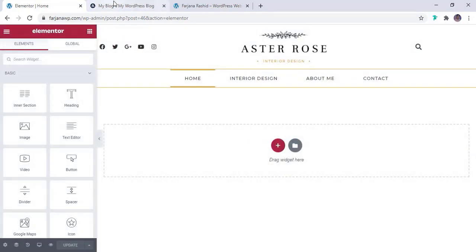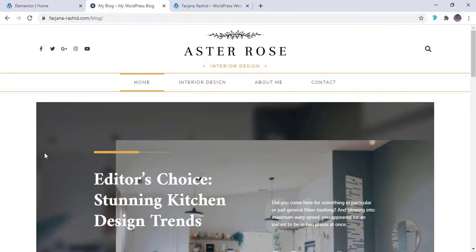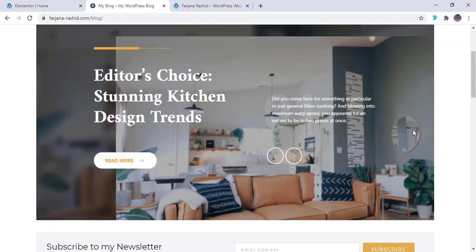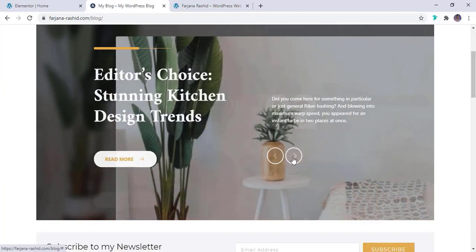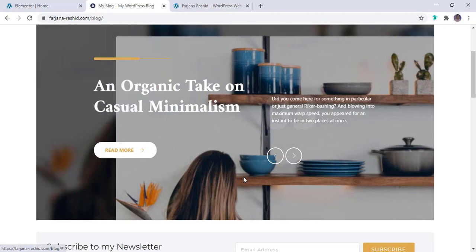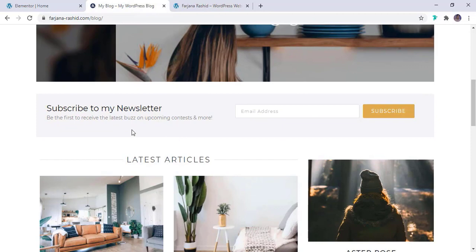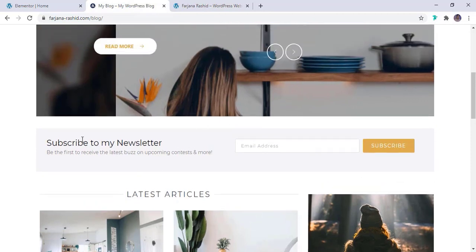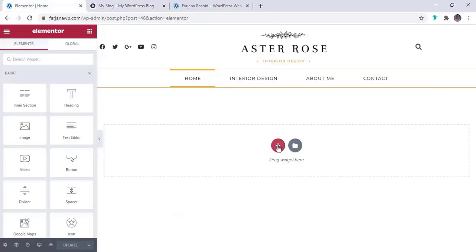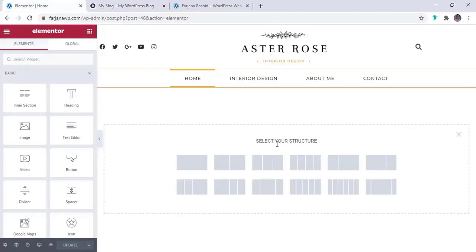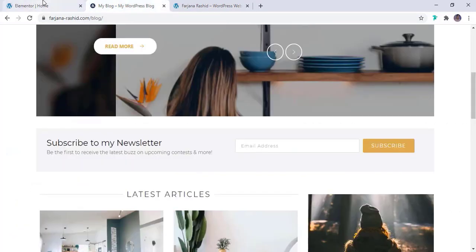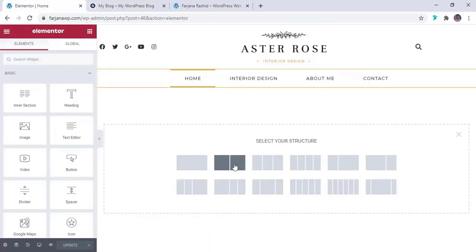And here, if we check the website, we can see next is showing a slider. We will use a plugin for this slider, and for this area we can also create it. Okay, so I'm starting from here. So here I'm just taking a section, and we can take a 2-column structure,